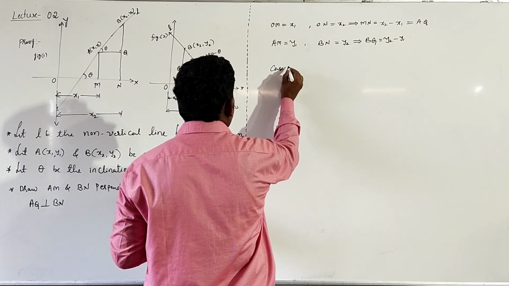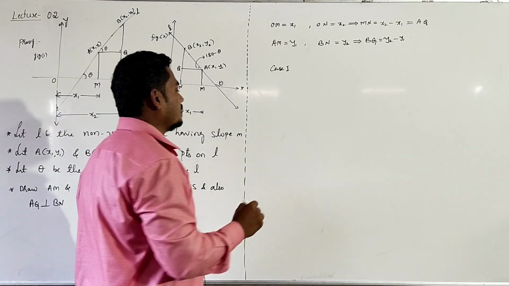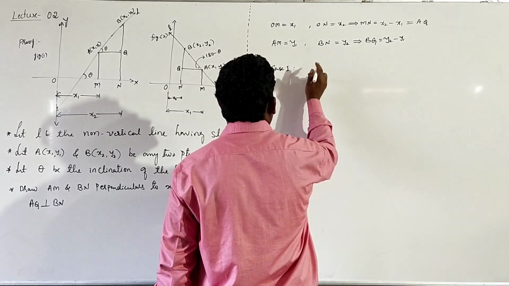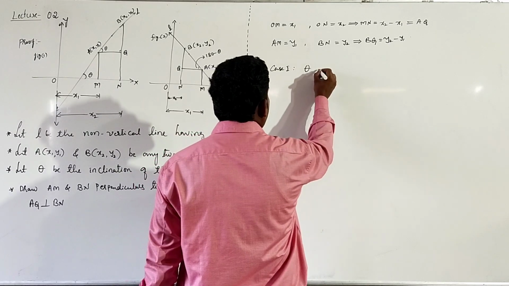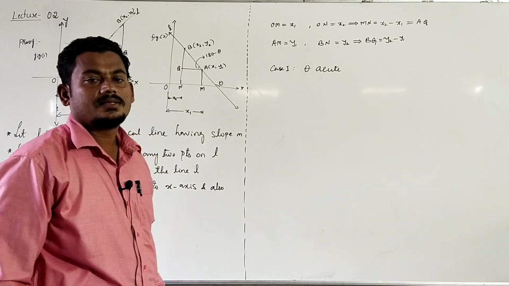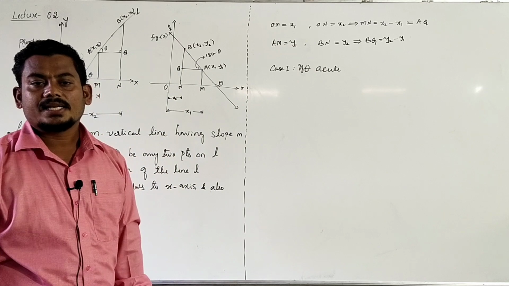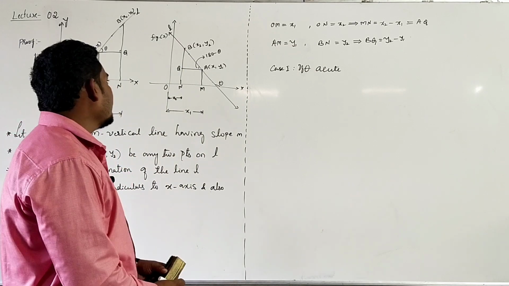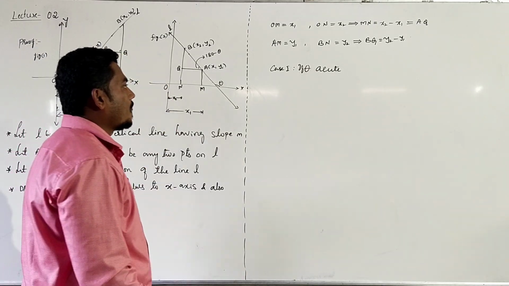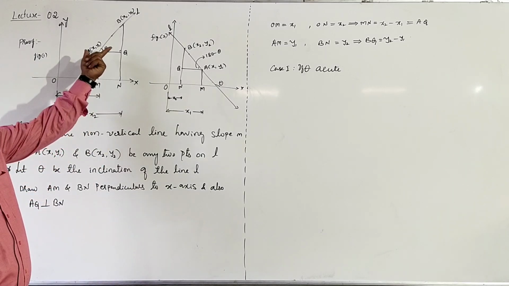After that, case 1: theta is acute. Here theta is the inclination of the line. Suppose theta is the inclination of the line and it is acute. Case 1 means consider figure 1, case 2 means consider figure 2, right? It is about case 1. Now look at triangle